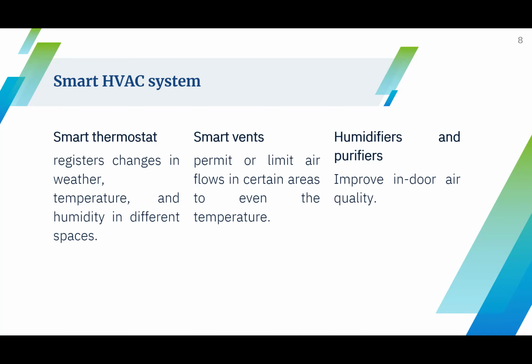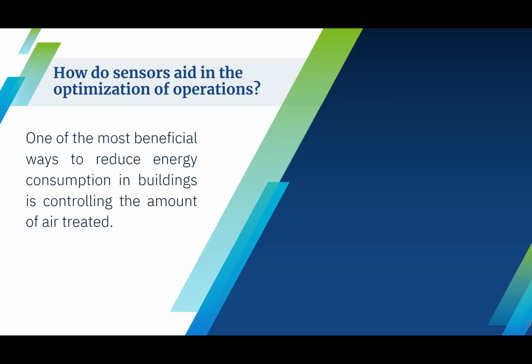At the heart of a smart HVAC system is a smart thermostat that registers changes in weather, temperature, and humidity in different spaces. Smart vents will help permit or limit airflows in certain areas to even out the temperature. When smart devices like humidifiers and purifiers are added to the system, the air quality in the space is significantly improved. However, what makes this smart system energy efficient is the fact that it's possible to optimize the amount of